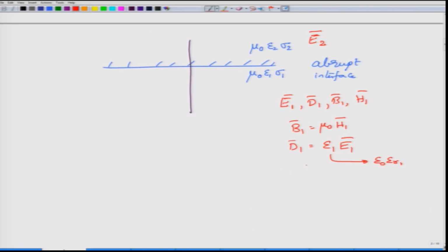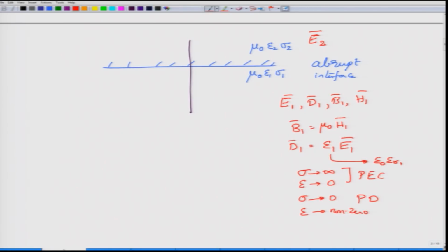But if the medium happens to be a perfect conductor, then sigma would go off to infinity, whereas epsilon would go off to 0. So, this corresponds to a perfect electric conductor which has no losses. On the other hand, a perfect dielectric has sigma equal to 0, whereas epsilon goes to some non-zero value. It does not go to infinity normally. So, a perfect dielectric has a non-zero epsilon, but there is no non-zero sigma value.